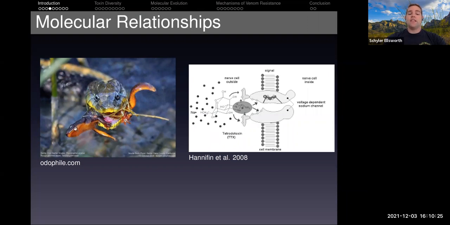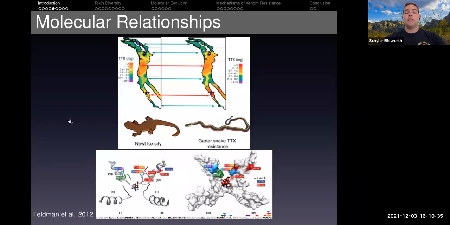And so these are very, very toxic newts that can kill not only the snakes, but have been known to even kill humans with this type of toxin. And so a lot of work has gone into studying the co-evolutionary relationship between both the newts and the garter snakes. So here on the top panel, we can see that across the western coast of North America,